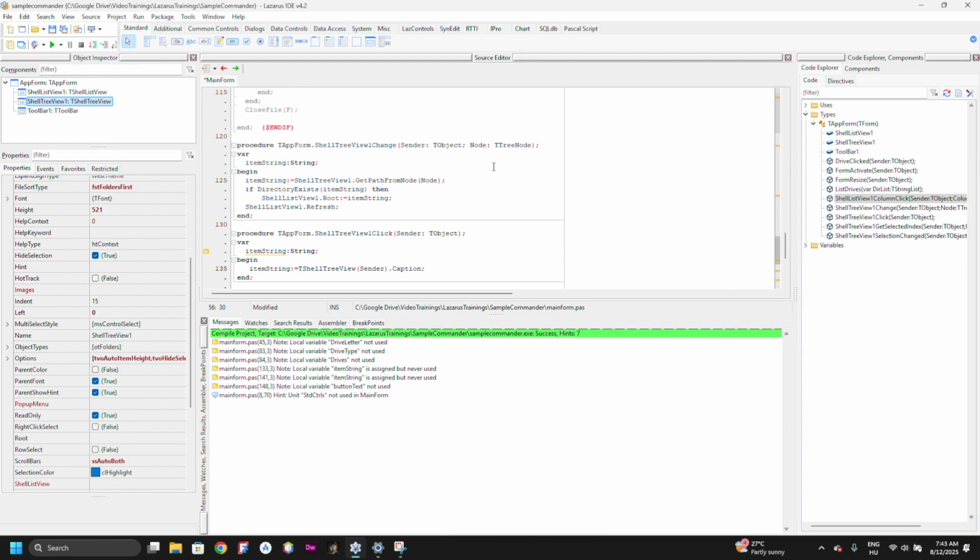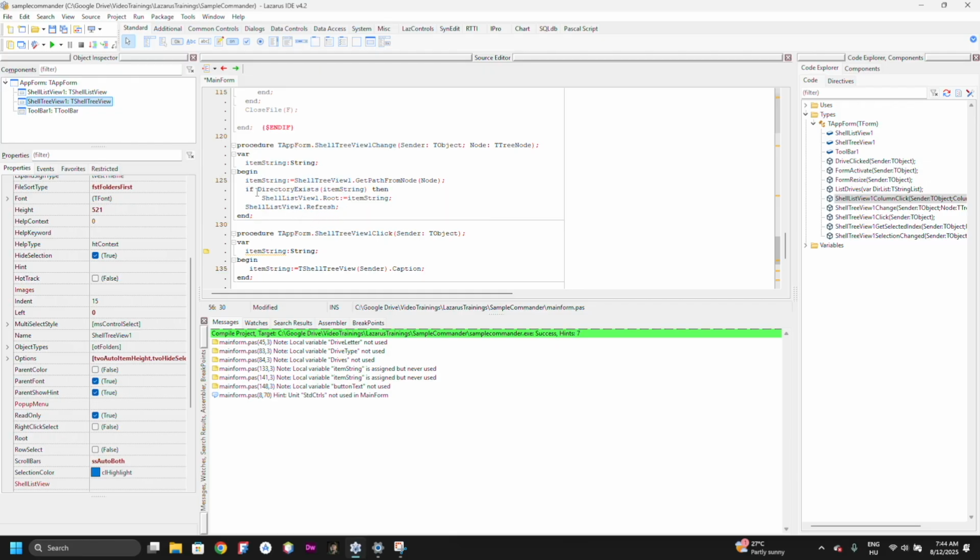When the tree view itself is changing, it's giving back the node on which you clicked. So if you click on one of the folders, you get that node, but not as a path. So what you need to do is take the shell tree view get path from node function and add the node inside this, and from this you get the path itself,